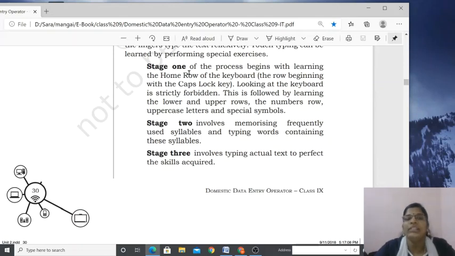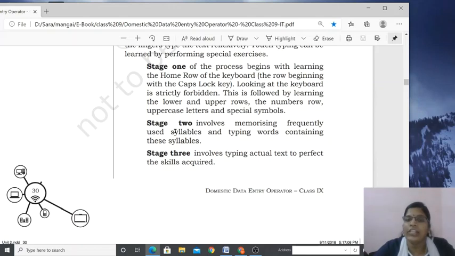Okay. Then what is the next method? And then in this stage itself, the third thing is how to use the special characters and uppercase letters. So while you are typing some text, some paragraph, in between, if you want to type a capital letter, or if you want to use any special characters, which key do we hold on? Shift key, and then that particular letter or the key or the special character. Okay. So all these practices come under stage 1.